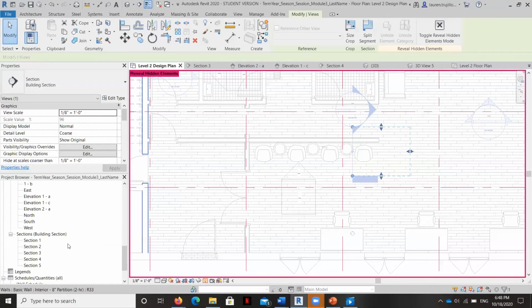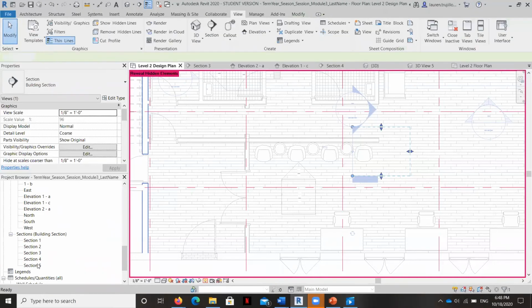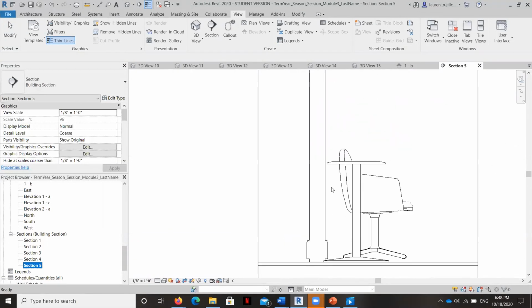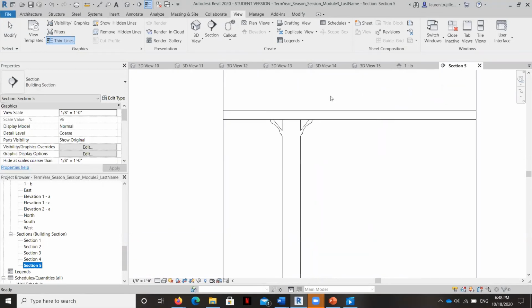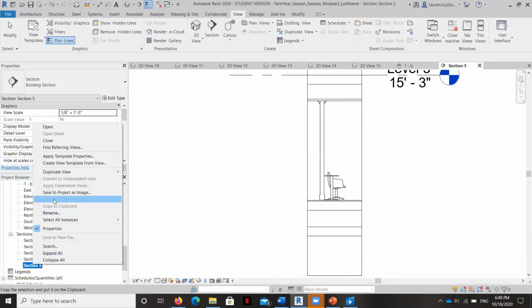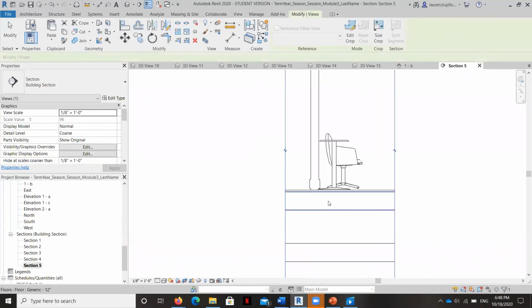Now, it can be helpful to note, I'm putting a lot of sections and elevation tags in this project so that I can see and show you as I draw. But just keep in mind that we delete these, and we only save in our project the elevation tags and section tags for the ones that we're going to put in the sheet set. So, for example, look at that beautiful section. How nice it looks. But I would delete all of these, and you can just right click and delete. I would only show the sections that I'm going to keep in my drawing set.